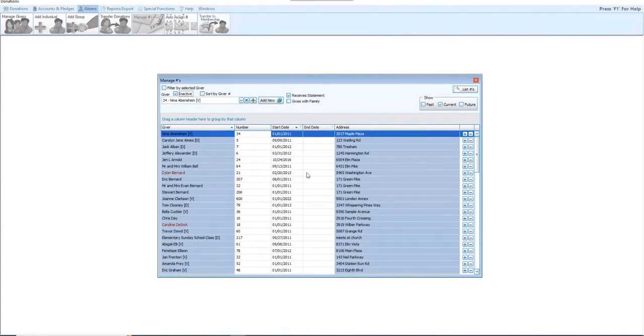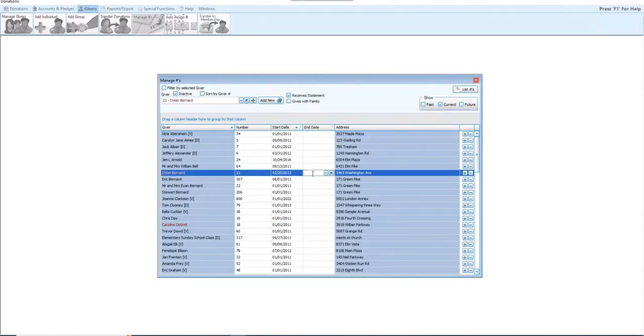Typically, to end a number, you want to use an end date. Okay, so this means I want the history of Dylan having number 21 since 2013, but I want that number to end at a certain time, so then the day after I can assign it to someone else. Okay, so you can simply click in this end date box and you can type in when you want the